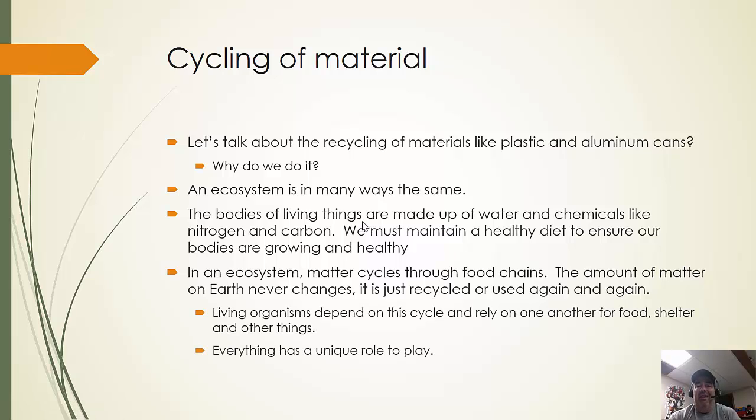Living organisms, like we said, depend on this cycle. They rely on one another for food. They rely on those trees to continue to grow for shelter. They rely on those trees to be houses to squirrels and things like that. But everything is going to have its own unique role, so that the circle continues to go around and around in order for that chain to continue, in order for that recycling of materials to continue, to maintain a well-balanced Earth. To bring it back to Section 1, that biosphere, every single thing within it, is able to survive.